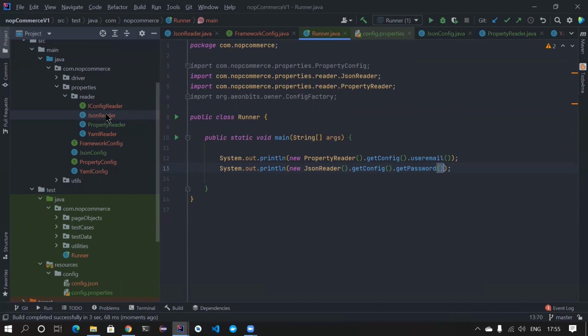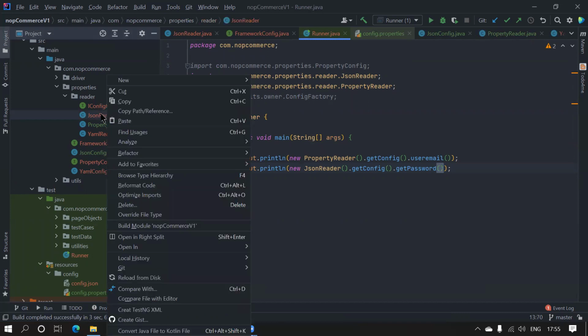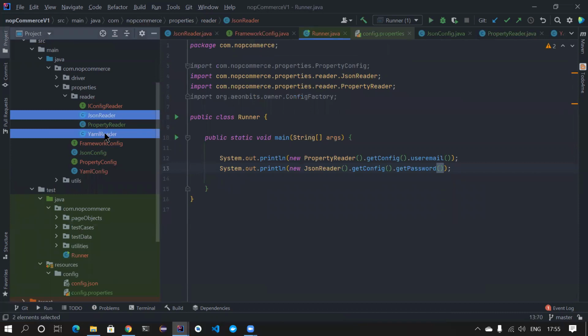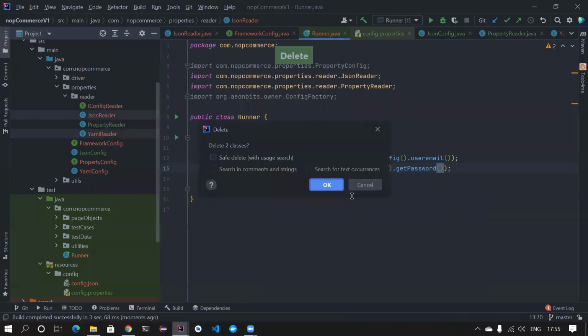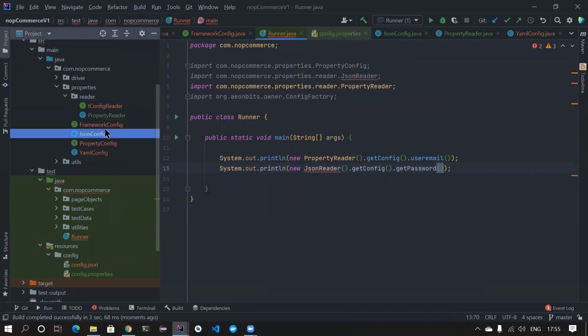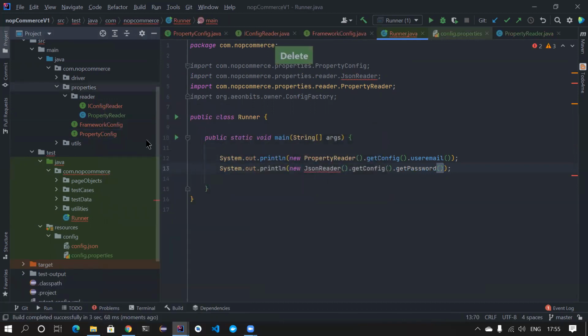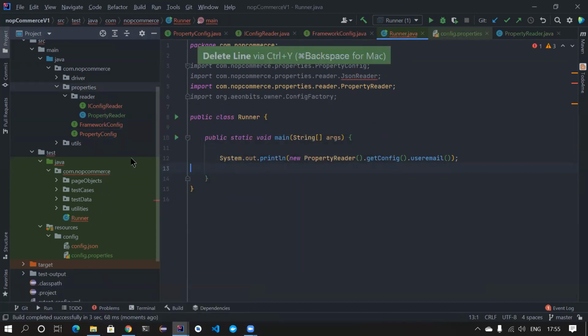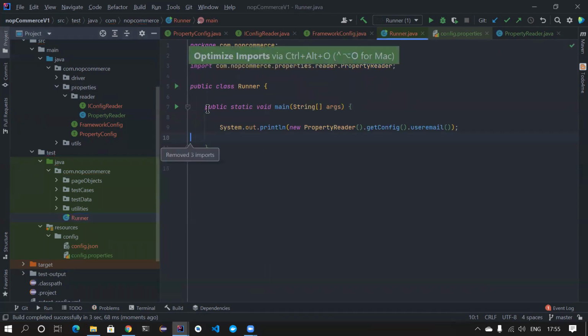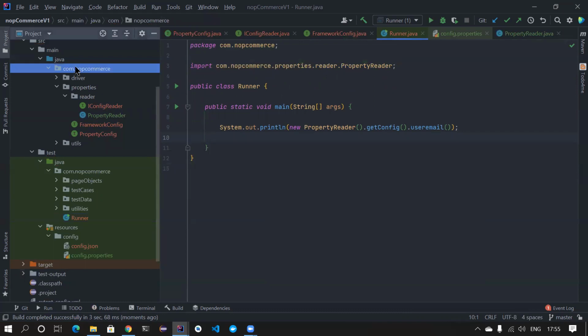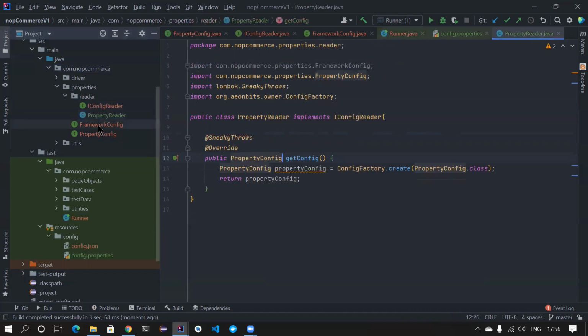the property file. So what all stuff do I need to remove? I'll remove this. Yes, this is not needed. YAML reader is not needed, so let me delete it. I have just created this for fun, guys. YAML reader and this one, both of them are not needed. If they want, they can create them whenever they need. Control D, and let's go to the runner. All things are removed here as well. So Control Shift and O. Yeah, all good. So this is how you need to use it. Now I have only this and this.